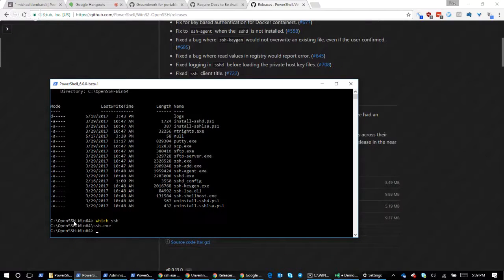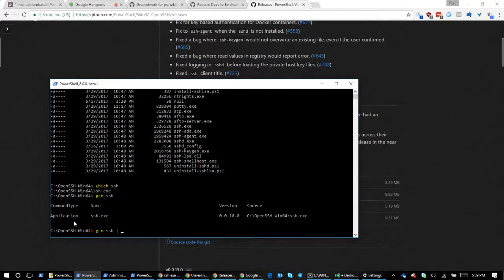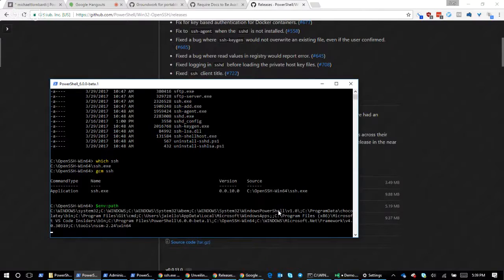Well, first of all, if you ever install Git for Windows, you may have Git Bash installed, and that adds something to your path. So I have a function in my profile called Which that does a Get-Command ssh, and then dot sources it. You want to make sure the SSH you're running is actually the one that we've shipped and that you put down. And of course, it's useful to install that to your path. I've got OpenSSH right here.